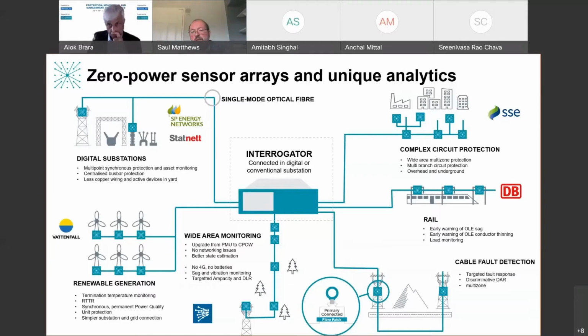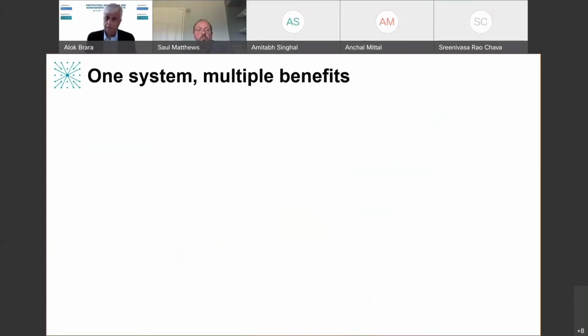And finally, probably one of the most popular applications we've got is cable fault detection, as this graphic suggests, where you have complex circuits which are mixing overhead and underground lines. You simply want to know with confidence if you can auto reclose on overhead faults because they were transient, and to know with confidence that if a fault is underground, you can treat it as permanent and block that auto reclose function. So this technology allows you to reach out very long distances and with no power supplies or comms at the transition points, install sensors to give you that increased flexibility and the ability to distinguish between overhead and underground faults. So that's kind of an overview of what it does.